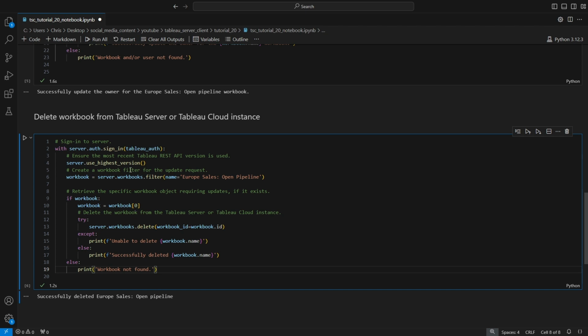Just to recap what we did here, we signed in using a context manager. We ensured we're using the most recent API version supported by my Tableau Cloud instance. We created the filter request to ensure that we're able to retrieve the workbook called Europe Sales Open Pipeline on my Tableau Cloud instance. So we got that workbook object. And if this filter returned an actual workbook, so it's not an empty object, we're going to grab that workbook, assign it to a variable, and we're going to try to